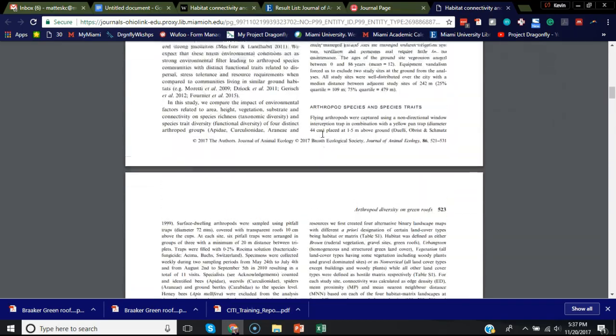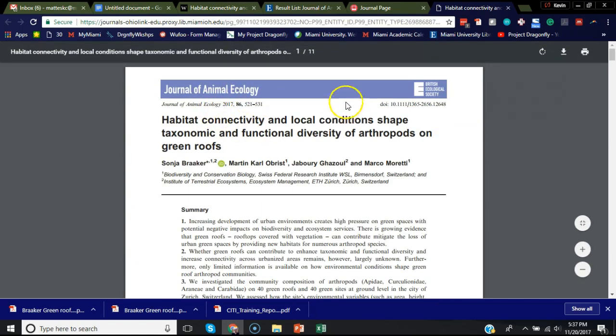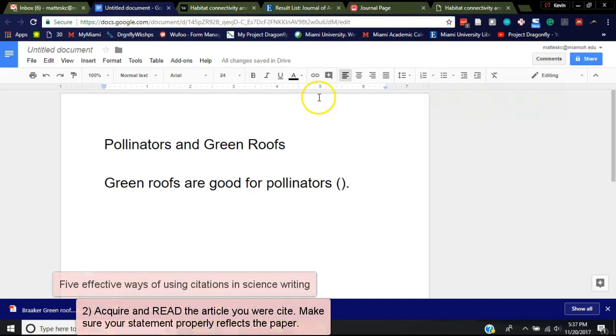So once you've done that, save this to your desktop or save it to a folder so you can refer to it later. Go back to your writing, and maybe actually at this point, because that article, I've already looked at it, and that article actually doesn't say green roofs are good for pollinators. It actually has a more nuanced statement, which is that